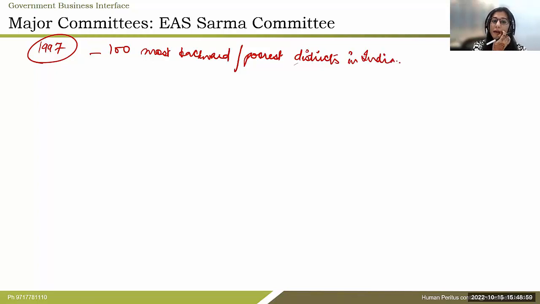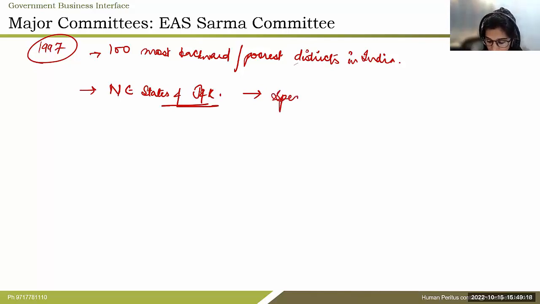All right. The committee specifically took the name of the northeastern states, all the 7 sister states plus Assam also, and Jammu and Kashmir, saying that these areas had problems which are specific to these areas. Those need special attention,